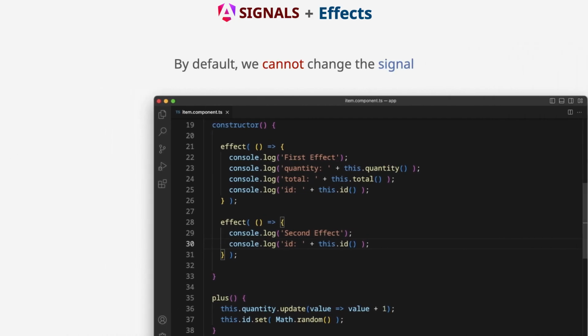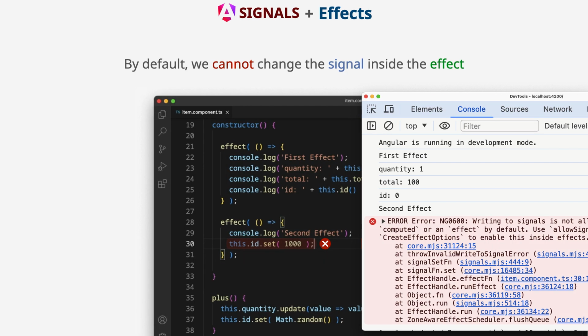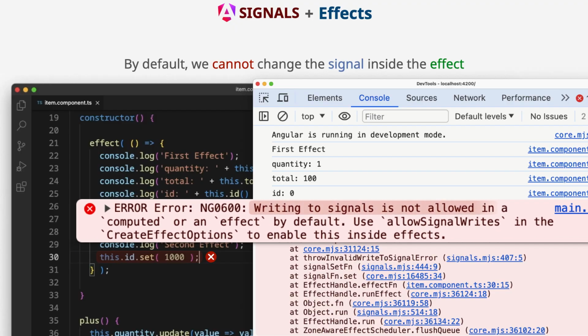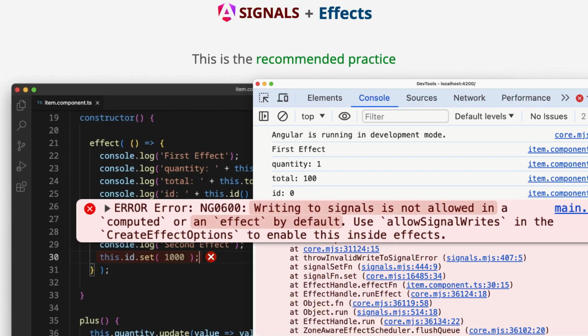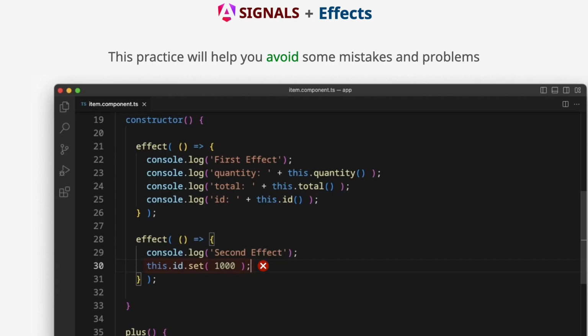By default, we cannot change the signal inside the effect. This is the recommended practice. This practice will help you avoid some mistakes and problems.